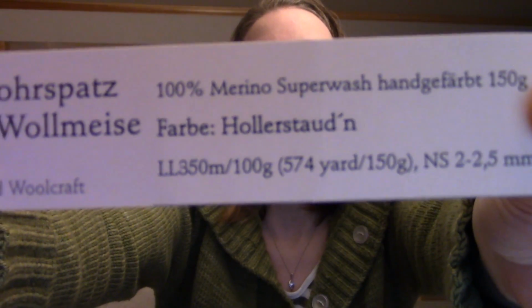So first thing, what I actively have on the needles, let me get back to Phoebe. Yes, I know you require constant attention. The Andrea Needs a Co-Pilot cowl, which is, again, my third time making the Co-Pilot cowl by Dominique Trad. It is a free pattern over on Ravelry. I'm knitting up on US 6 needles, which is a 4.0 millimeter circular needle, and this is the Wollmeise in the Hallerstauben colorway, Wollmeise Pure, so her 100%